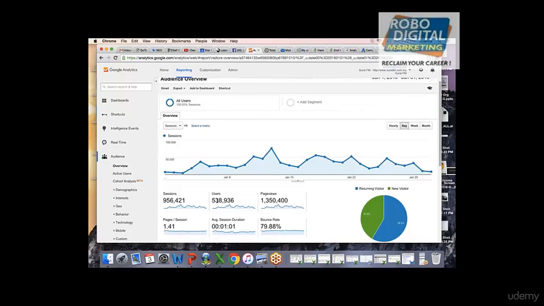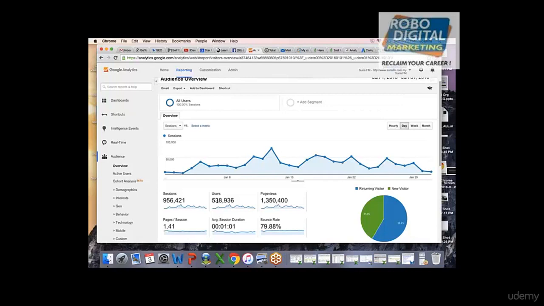But you see the bounce rate is too high. Bounce rate is somebody coming to your website and leaving without doing any activity. Why such a thing is happening, you have to identify. So let's identify today why the bounce rate is so high.